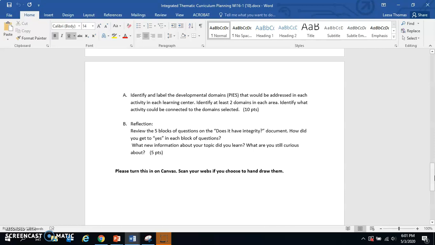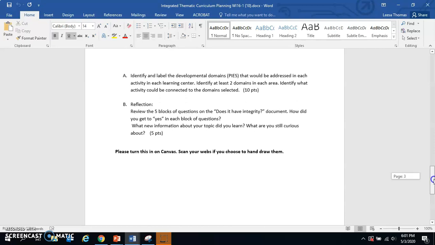And then you're going to identify at least 2 domains for each activity. Identify what activity could be connected to the domain selected. And then you're going to write a reflection